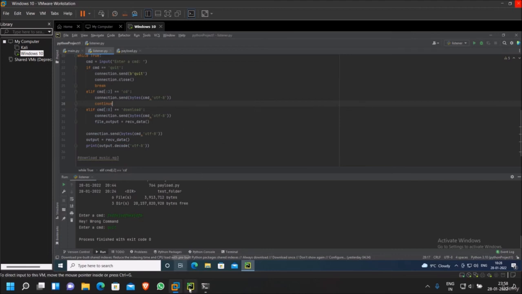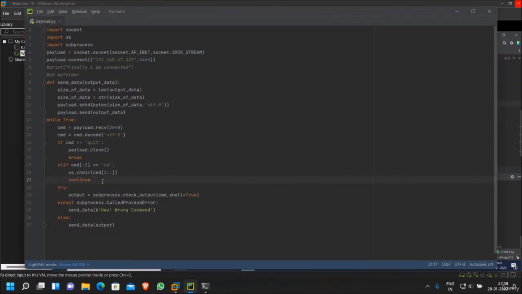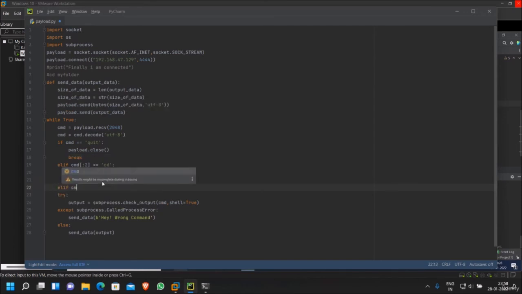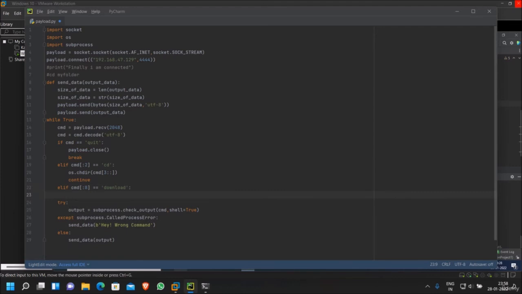So let's go here and let's add another condition, elif cmd 8 equals to download. So we are going to open the content of the data that we want to download, cmd,